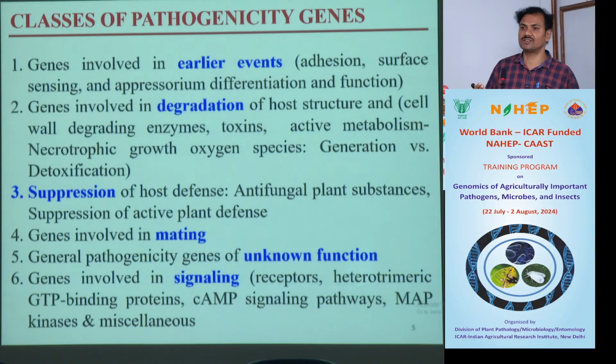As reproductive structures, normally they like to go for asexual reproduction first, which is an easy method for the fungi. Then under certain conditions they also go for sexual structures, both male and female, depending upon the classes of the fungi, and sexual spores will also be produced, carried, and then survive. As I already told, certain mating type genes also act as pathogenicity genes,